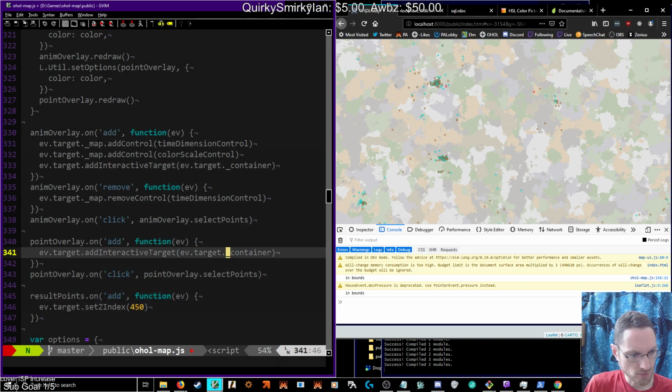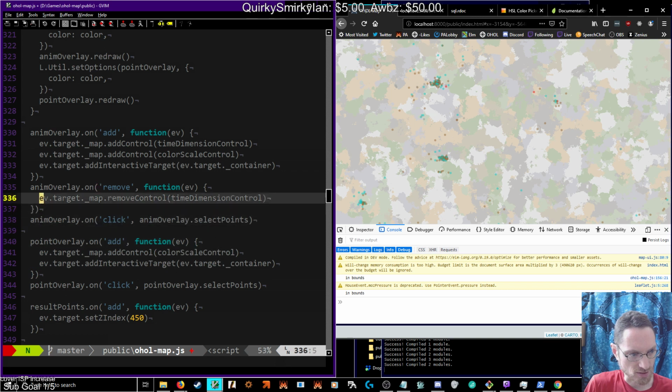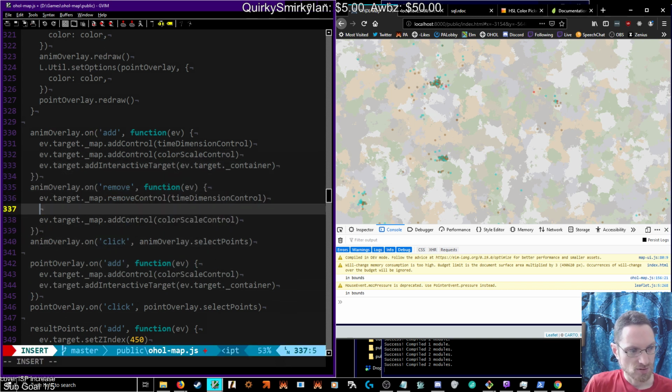And on point overlay add, we definitely want to add it. The tricky part, if map.hasOverlay, point overlay,